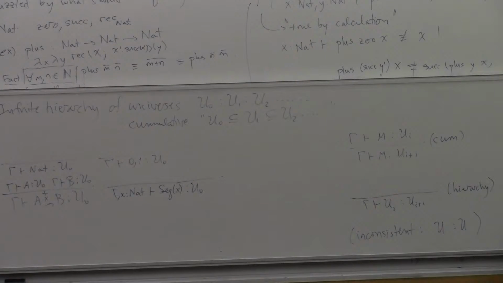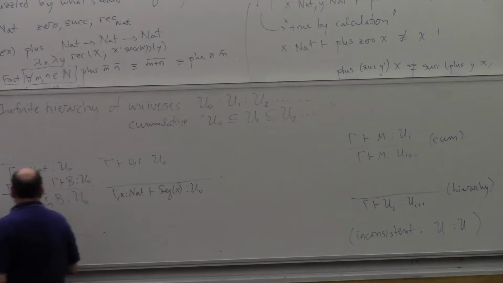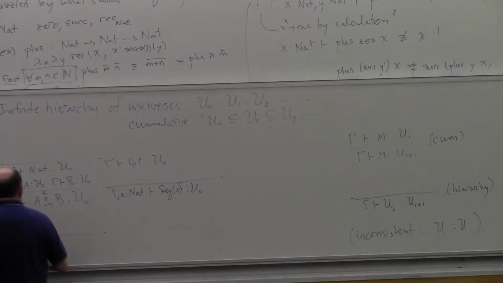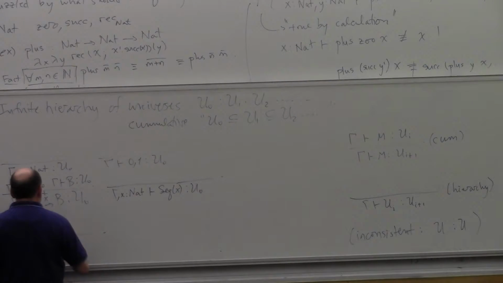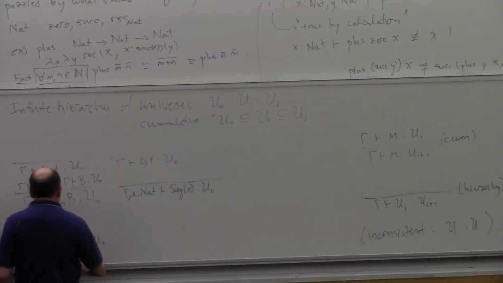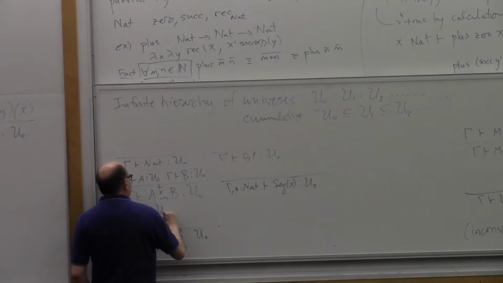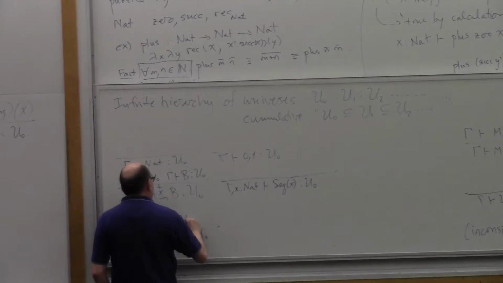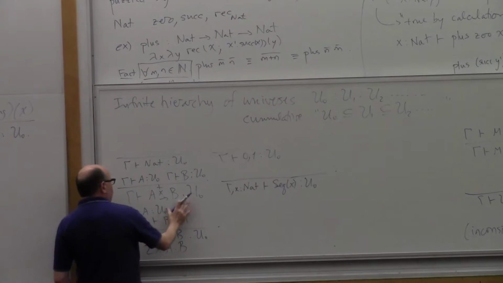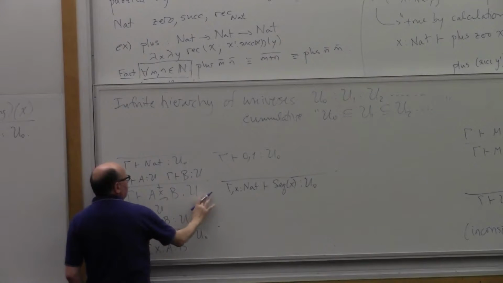And now I'm going to close it up under two things, which are called sigma and pi. What I'm going to claim, and these are things we haven't had before, is that pi x in A, B is in U0, and so is sigma x in A, B, if A is in U0 and, with x in A, B is in U0. Well, to be honest, since it's a closure property, I really want to say